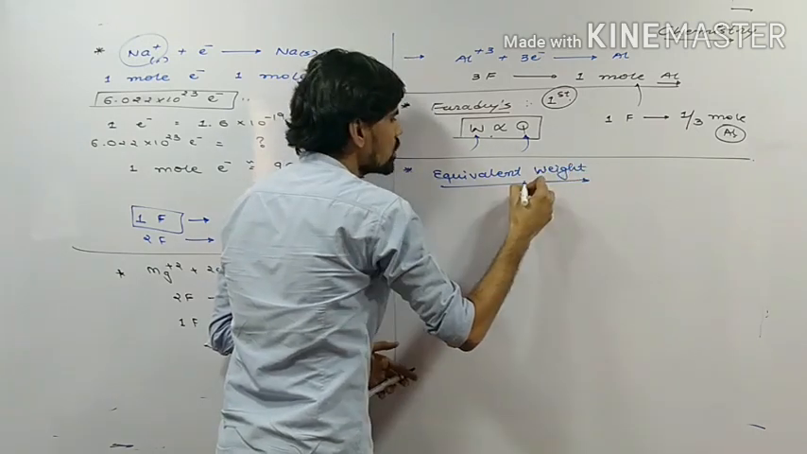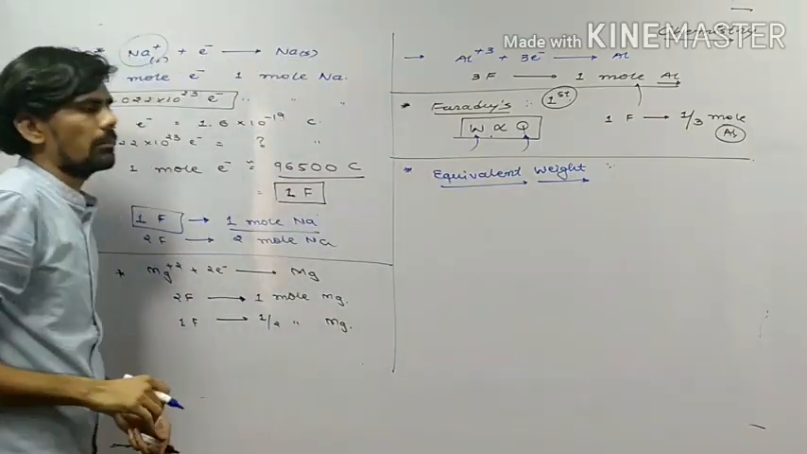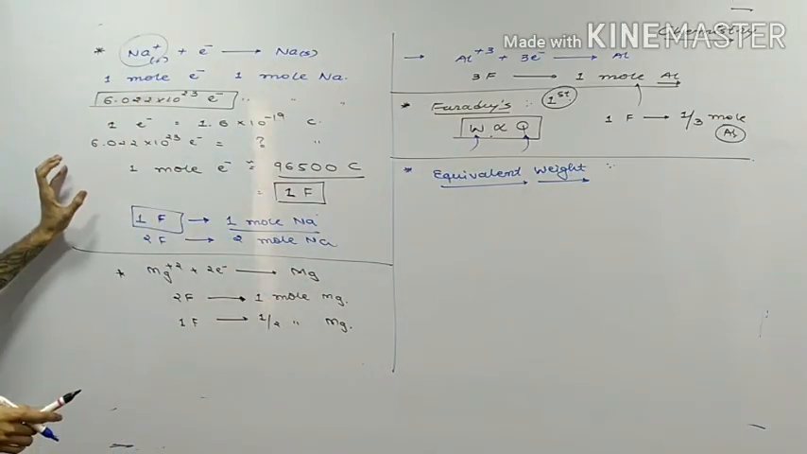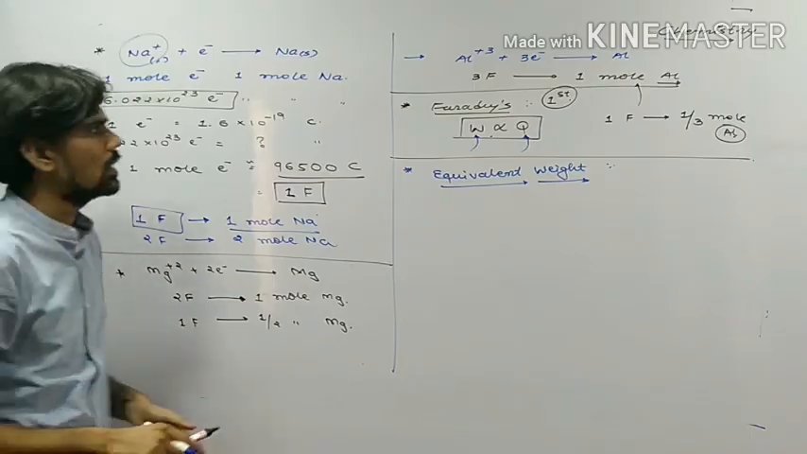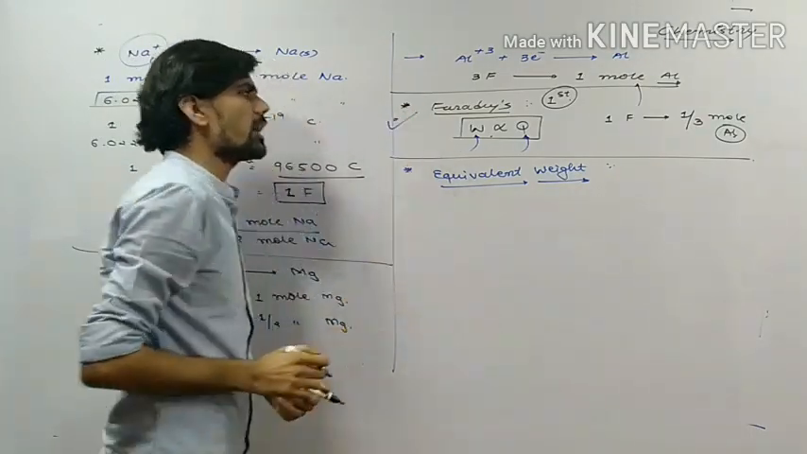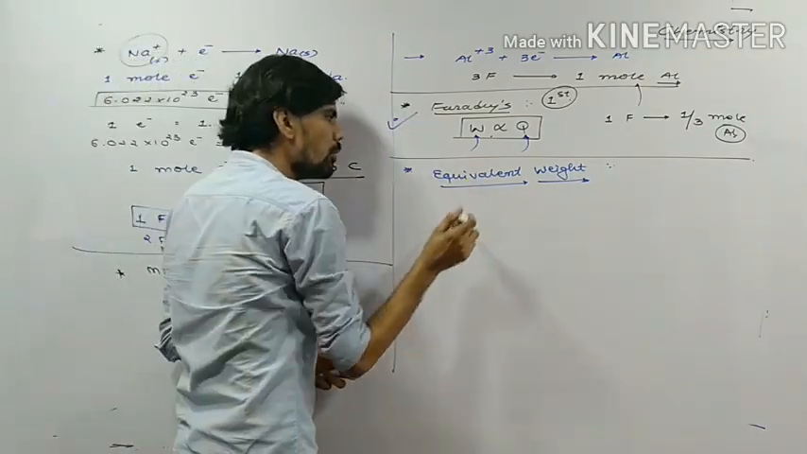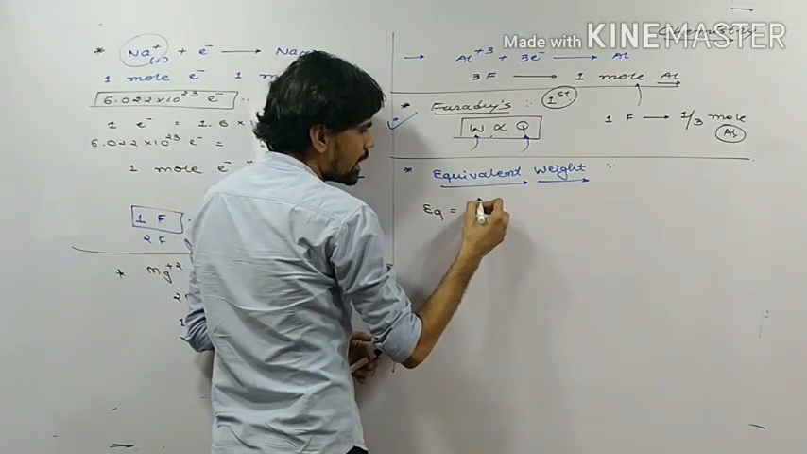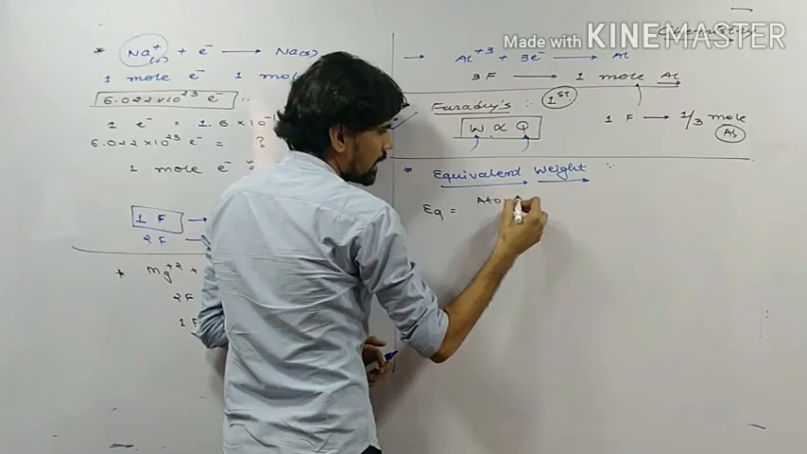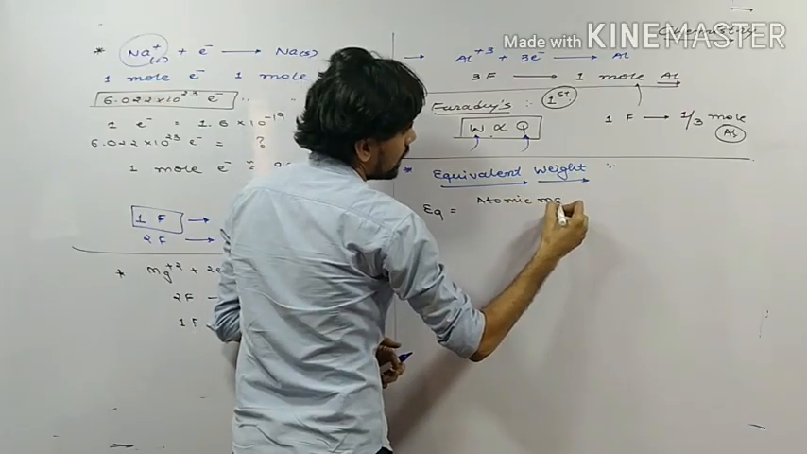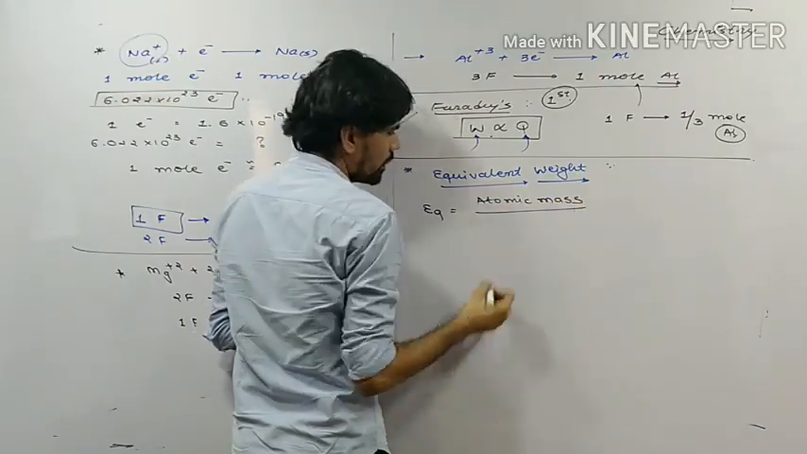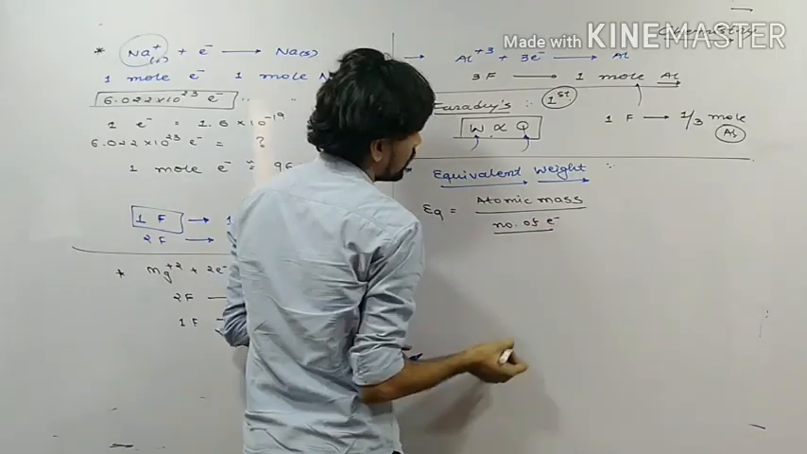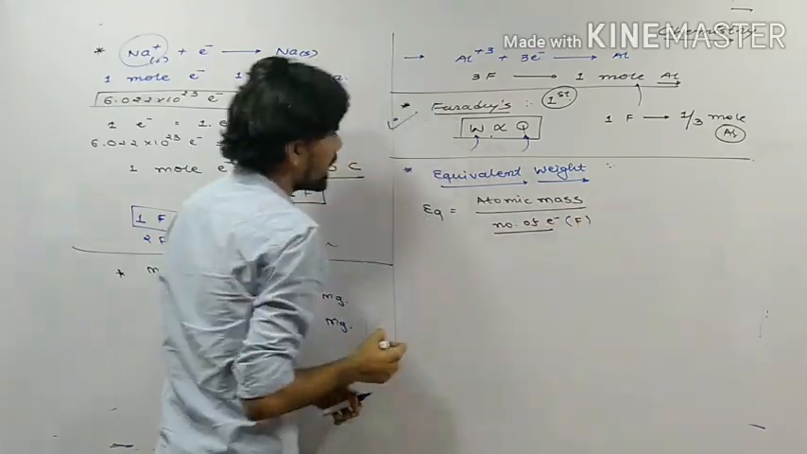I am going to teach you the different laws of Faraday, but not directly. First, we study what is Faraday and how we gain product, and after that we study Faraday's first rule. Now, equivalent weight is equal to atomic mass, or molecular mass if it is a molecule, upon the number of electrons or Faradays we pass,